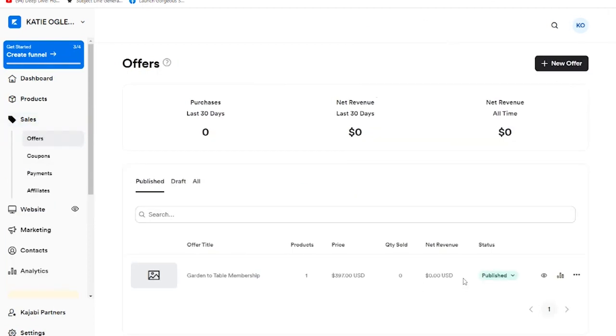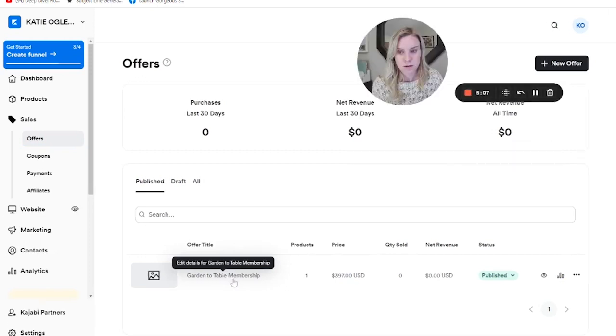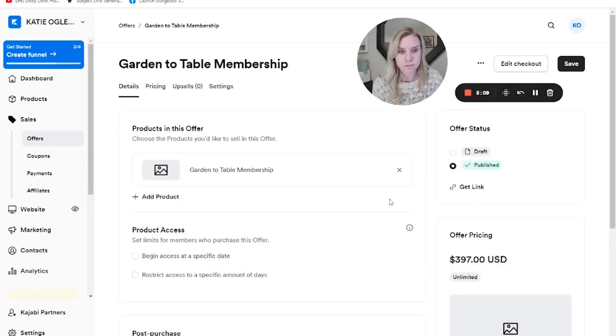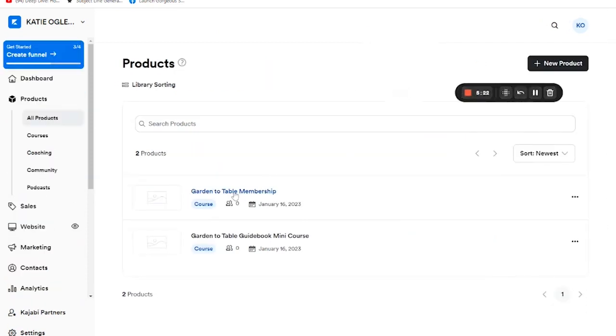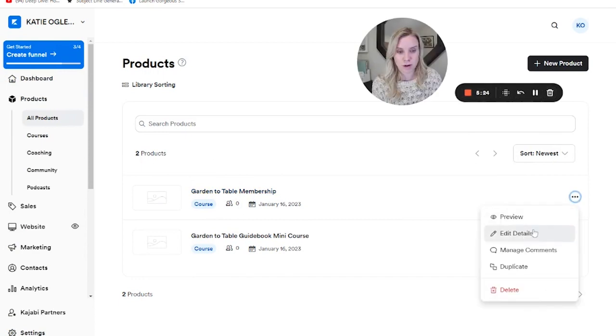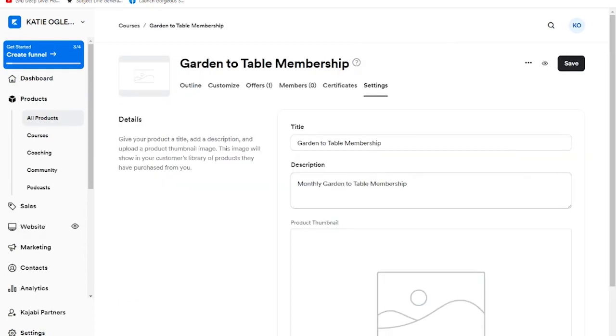But anyway, come back to our offers, come back to garden to table. And then here, this is where we can edit the checkout. So this is where that image comes in place for your course. Again, I'll just sort of refresh your memory there. That's products, the garden table membership here. From here, we can hit edit details,